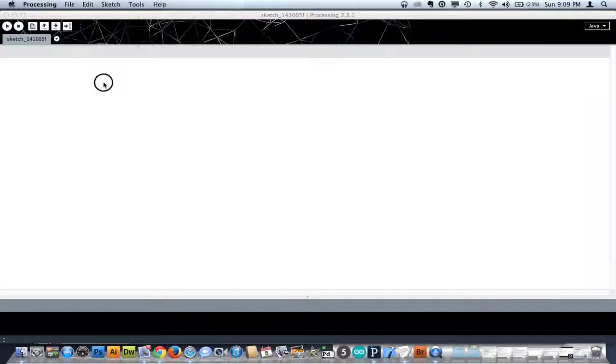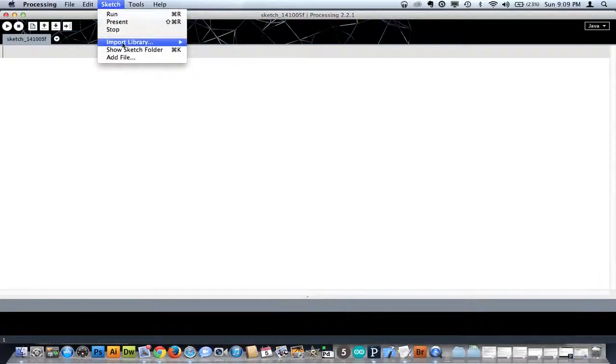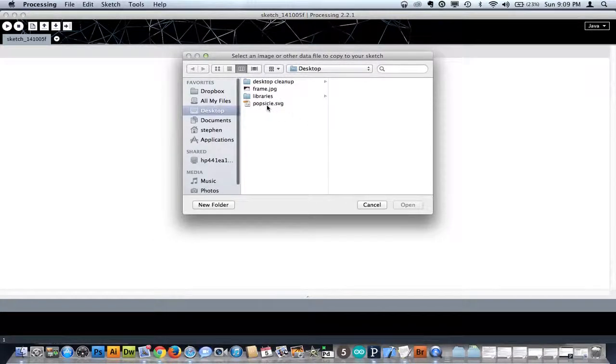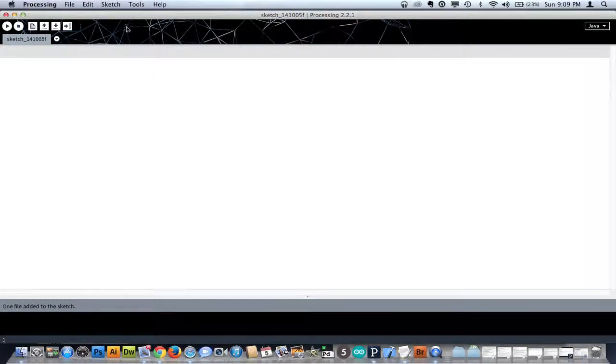So I'm going to go into our sketch, and we're going to go add file. And it's right here on my desktop. I click open, and it's now in the data folder. So I'm going to make, for these SVG files, we're going to use what's called the PShape, and we're going to give this thing a name. I'm going to call it Popsicle,